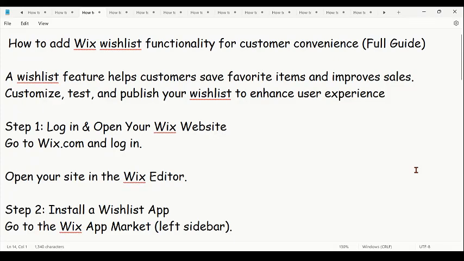In this video I'm going to walk you through how to add wish list functionalities for customers' convenience. Adding a wish list feature helps customers save the right items and improve sales. And in this video I'm going to walk you through how you can customize text and publish your wish list to enhance users' experience. So let's get started, and make sure you watch the video to the very end so you don't make any